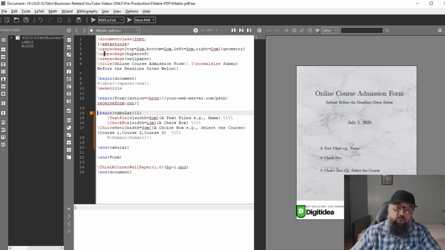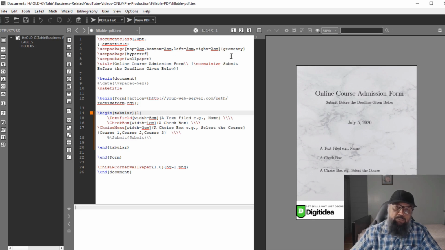Then in LaTeX, you normally use packages. I am using 3 packages only. Sometimes students are using more than what is required. I have seen LaTeX files in which students are using 30 or 40 packages. Actually, they only need 4 or 5. So I am using the minimum number of packages.